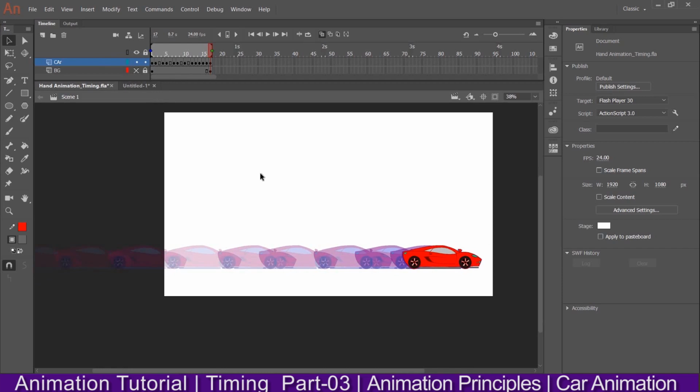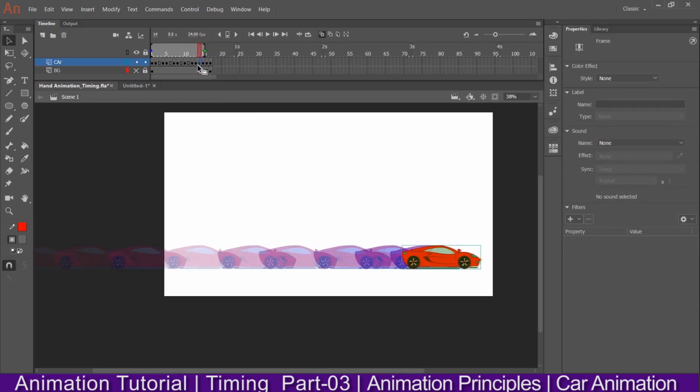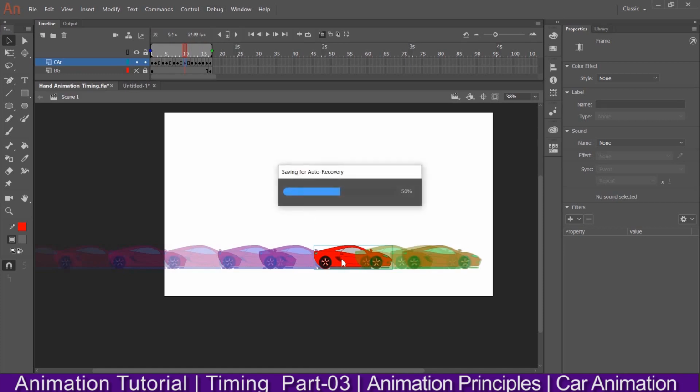Okay, so now you can see the uniform speed of the car till here, and all of a sudden the speed drops. So what I can do over here is I can do some changes, like this one, this one, this one. Okay, so I can do one thing, I can make it slower over here. To do so, I need not add any more keyframes or in-betweens. What I'll do, this one is the frame and I will make it closer to the end frame.